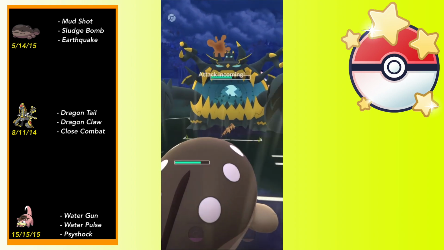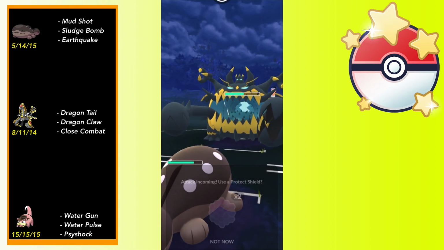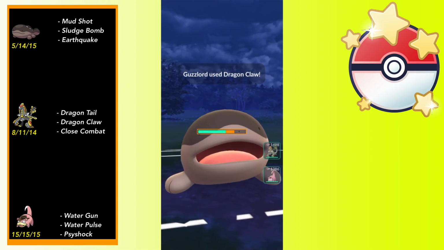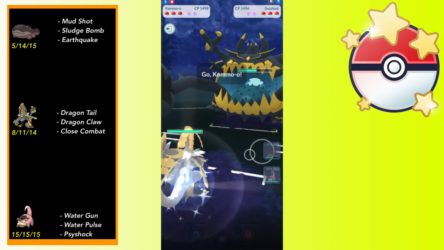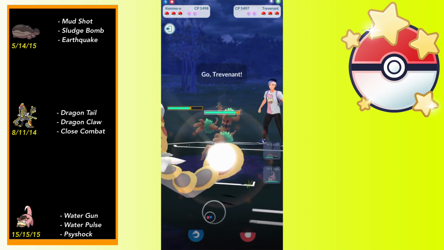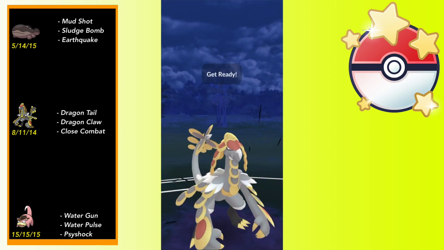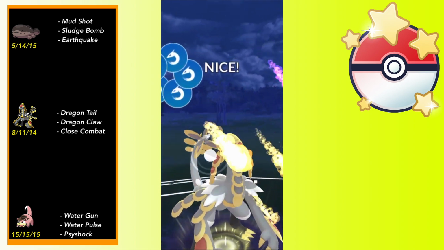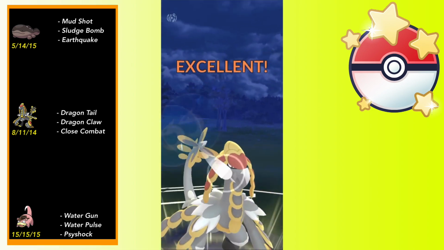Como is awesome. I could have made this a Como spotlight video because Como kind of hard carries a lot of these games that I played. Like for instance right now we're going to switch into Como and just try to Dragon Tail down. They're going to switch into Trevenant, but thankfully, because of the nerfs to Trevenant,